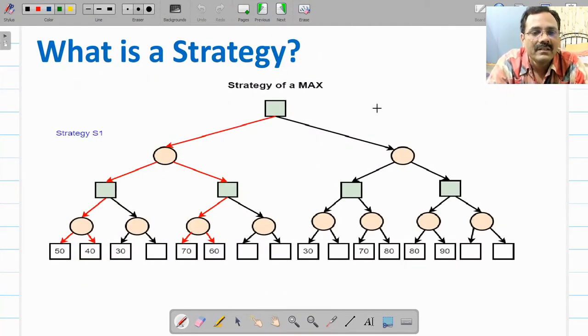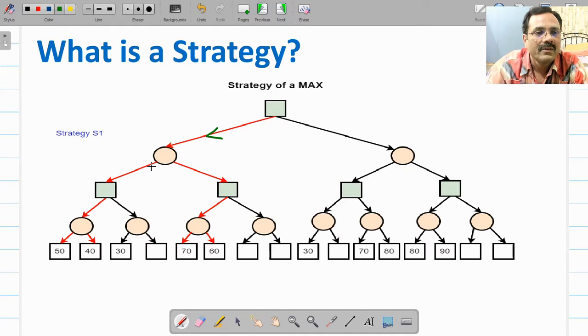Now let us see this game tree and find out how to define a strategy. In this game tree, the red arcs show one strategy for this max. Max has started playing. Max had two options. Out of that, you prune the other options and keep only one. So we have kept this option.